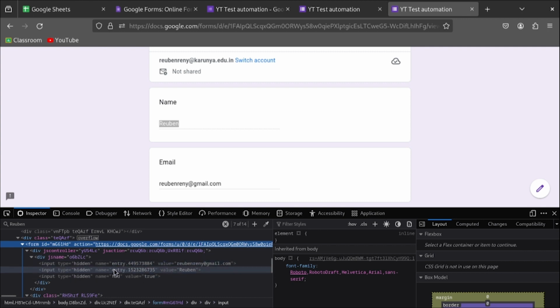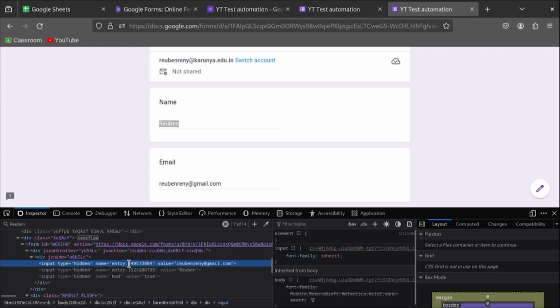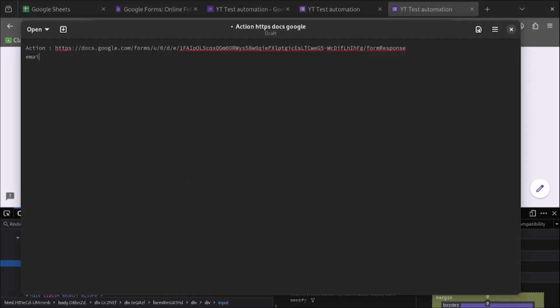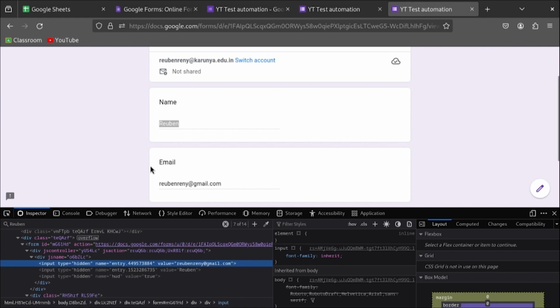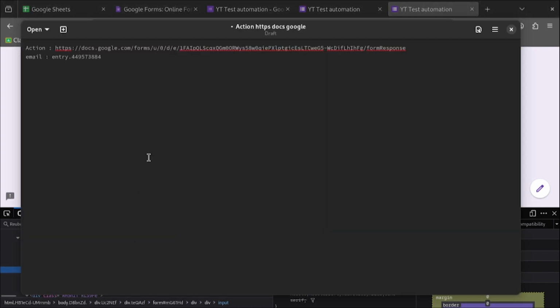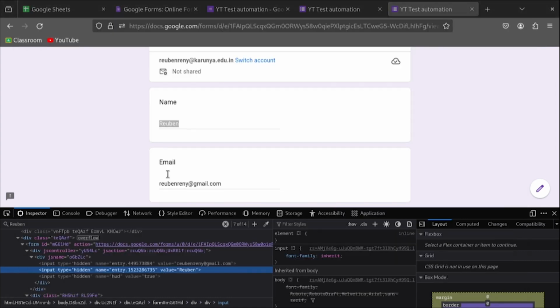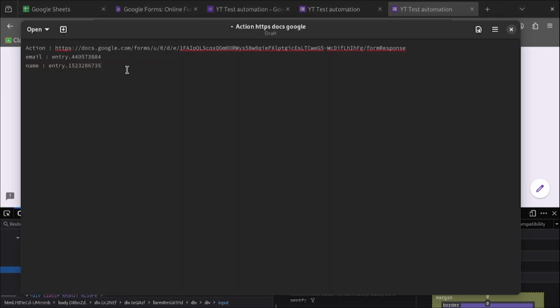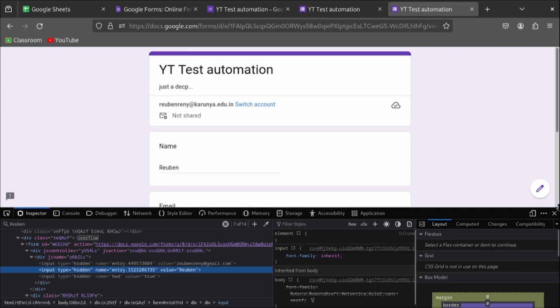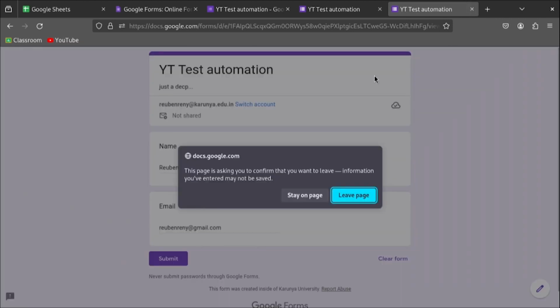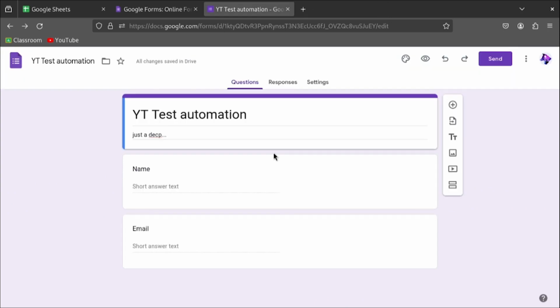So apparently we have two names. Your email is getting sent by this thing and your name is getting sent by this thing. So this is for the name, this is for the email. So we took the name of both of them, and this information is all that we need from the forms. Now we can close it down, but one more thing that we have to do is remember